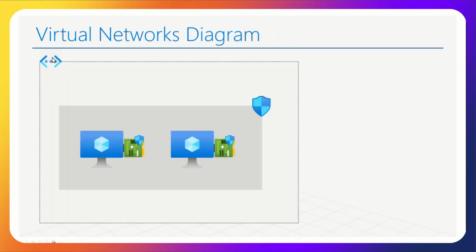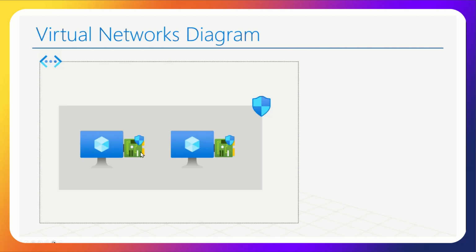So here, pretend this is one virtual network, and we'll just call it VNet1, whatever name we want to give it. This gray area is a subnet. Maybe I have web servers in here, so I'll call it SWeb. And attached to the subnet is an NSG, a network security group. And with this network security group, I'm saying, hey, only allow port 80 in, because that's very common for a web server, right?